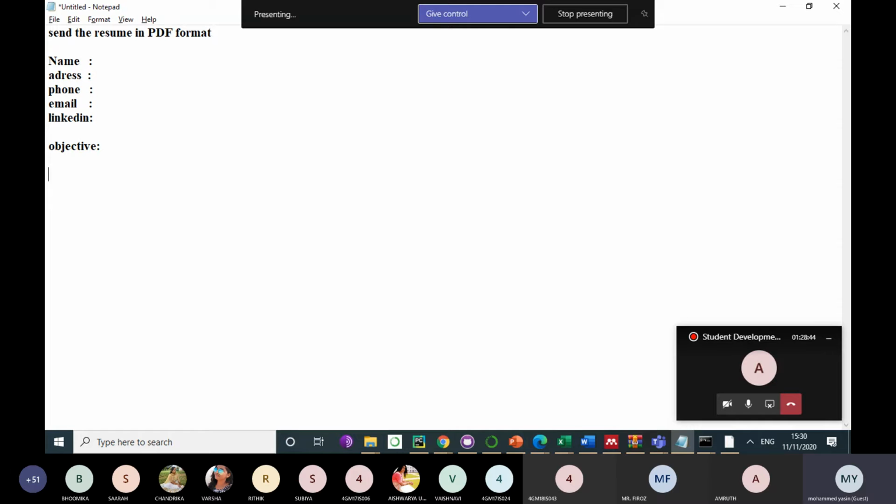Once the objective is done, your education details. If you have done an internship, please put about the internship. When you're writing about the internship, you have to majorly tell about what your roles and responsibilities were. Then a project section, where you can put your achievements or a project.